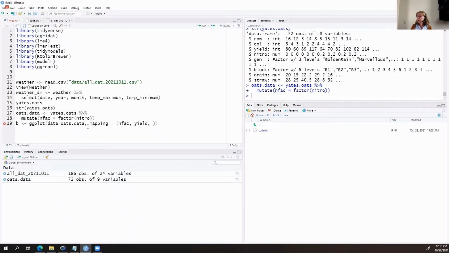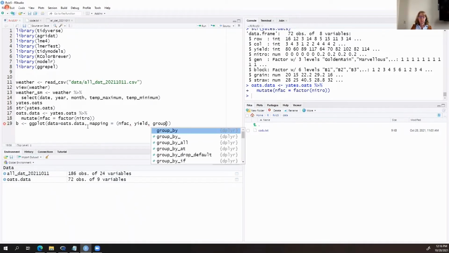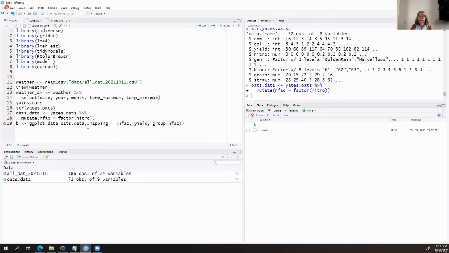We're also going to tell it that we want it to group according to the NFAC column, because that's going to make our plot a little tidier. Okay, and so this should create the first of our objects.